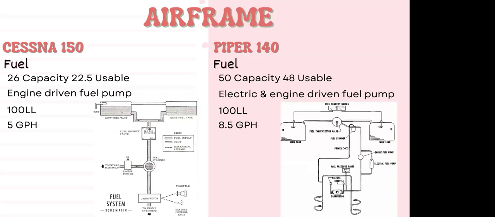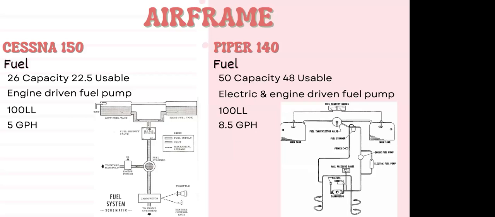And then the 140 has that electrical and engine-driven fuel pump because, we think about that Cherokee, it's got our tanks below the wings, so there's no gravity assist in that situation. So we need a way to get that fuel out of the tanks and up into the engine. Now, typically in straight and level flight, that engine-driven fuel pump will be enough. But in times where we may be excessively nose up or nose down, or potentially in a steep bank,